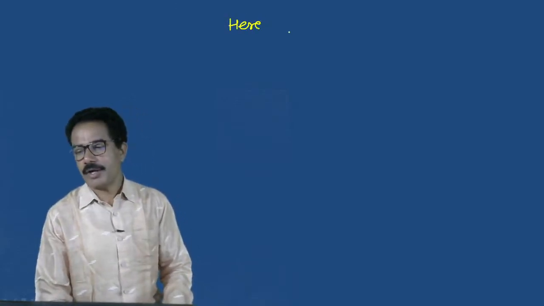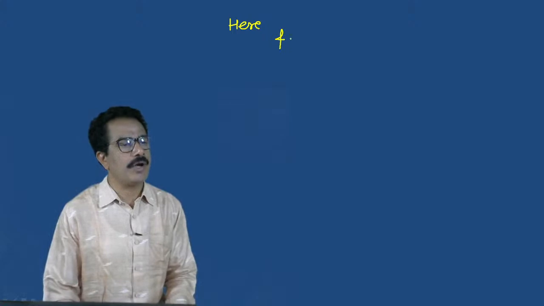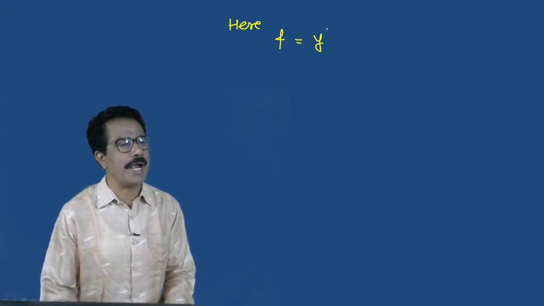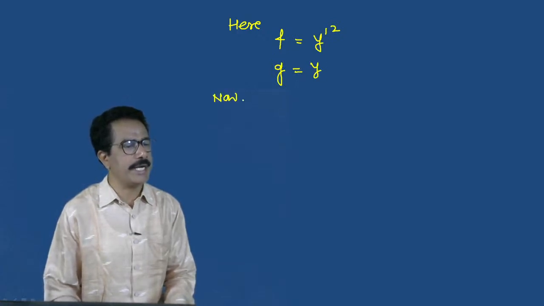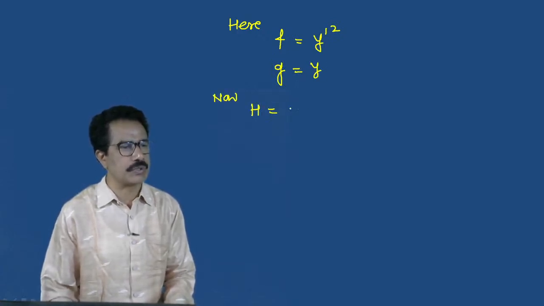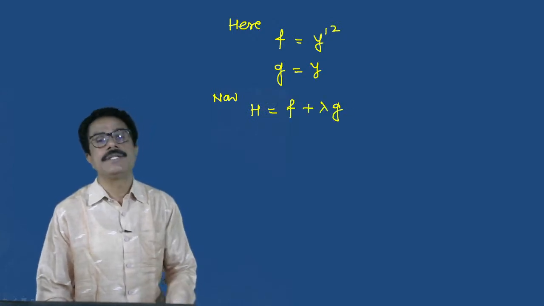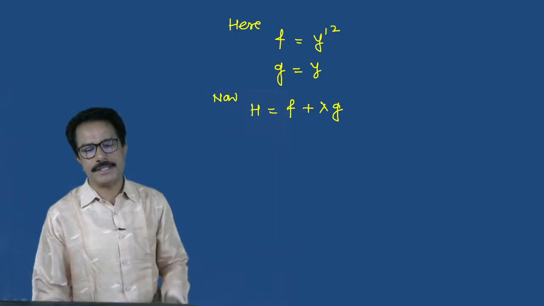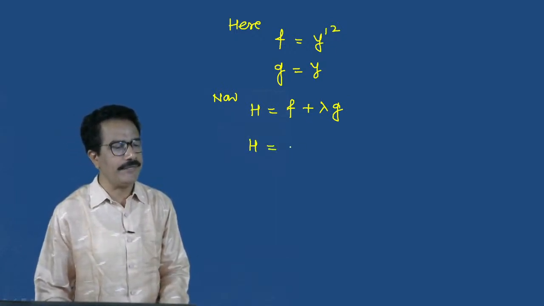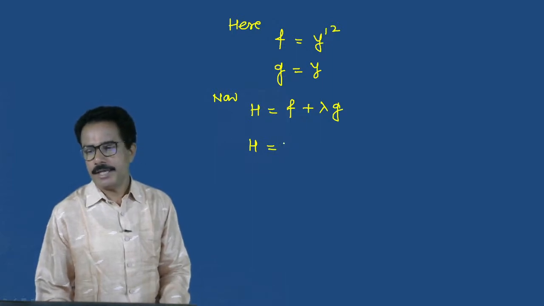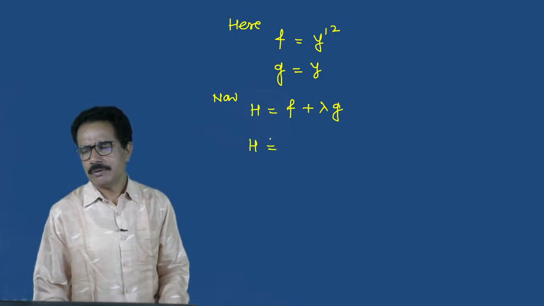Tell me, students, what is small f? Small f is equal to y dash square, small g is equal to y. Now we can define h is equal to f plus lambda into g. Lambda is the constant multiplier. So we can write f is equal to h is equal to,